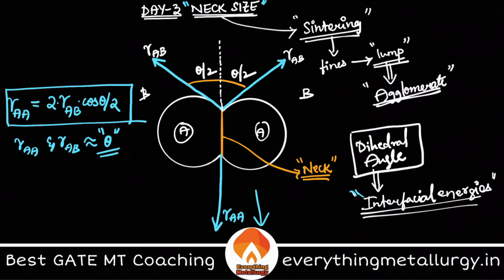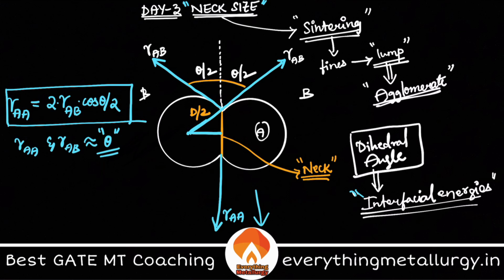How to do it? Let me take my center over here, and extend this particular tangent to this and join this. So what is this particular length here which I just highlighted? It will be my radius. Radius of what? My particle A. You can say average grain diameter if you are dealing with very fine sizes, or the particle size. So let me write it as d by 2. If d is the diameter, d by 2 is the radius, correct?